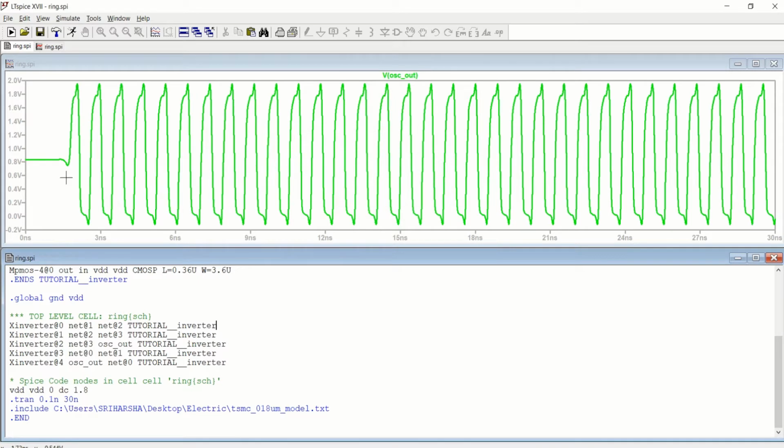It shows that this ring oscillator has a frequency of oscillation. A sustained oscillation is present, happening from around 0.8 to around 2.2. So it is oscillating.